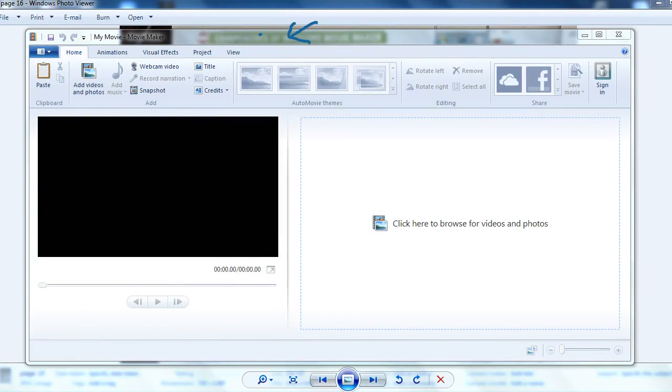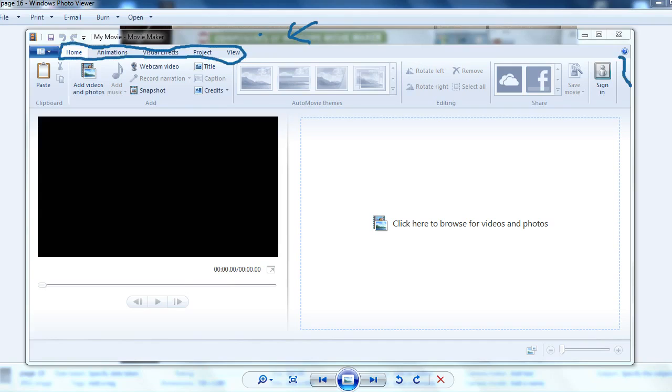The home tab is open. By default the home tab is open. This is the animation tab, this is the visual effect tab, project tab, view tab. So all these are tabs, right? And by default the home tab is selected.